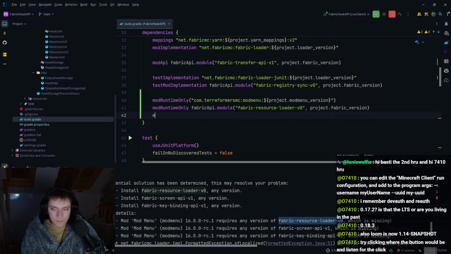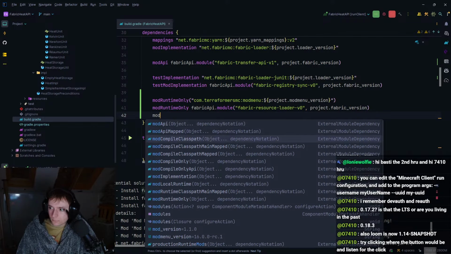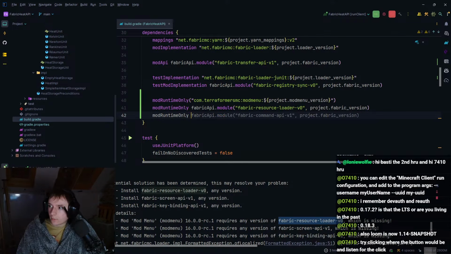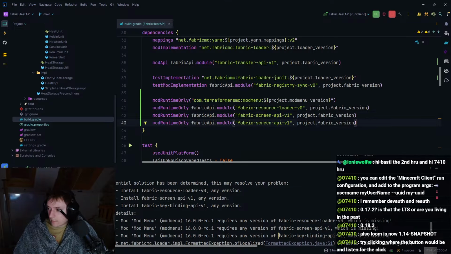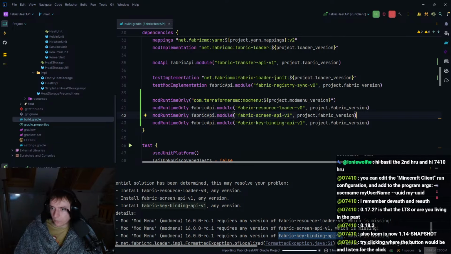Then we need the same thing again, mod runtime only, and we need green API. And then we need the same thing again, but this one is going to be key binding. Okay. If we go ahead and do that,